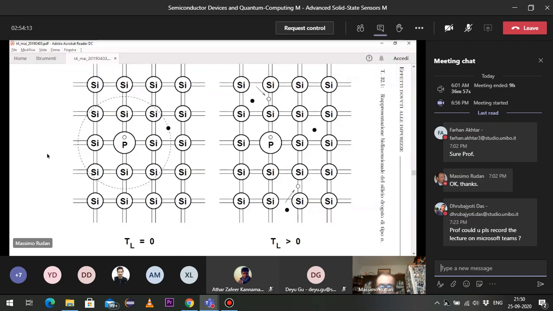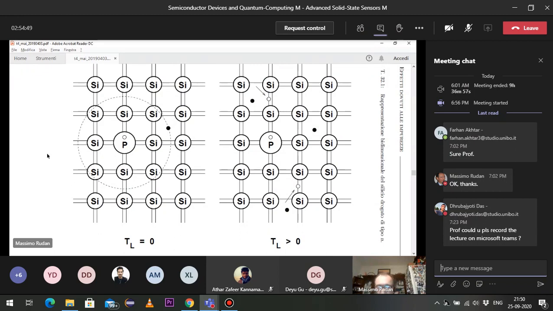By using this concept of dopant, we have two advantages. One is that we control the conductance of the material, because we simply control the conductance by deciding how many atoms of dopant we introduce into the silicon material, to the silicon crystal. Second, at least for a large interval of temperatures, we make conductivity independent of temperature. This is an